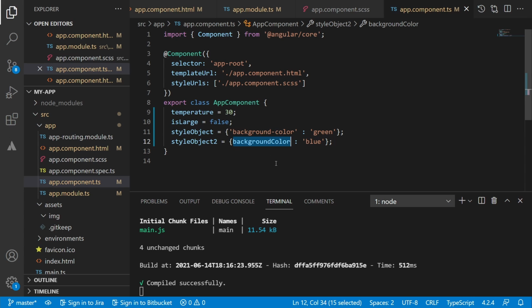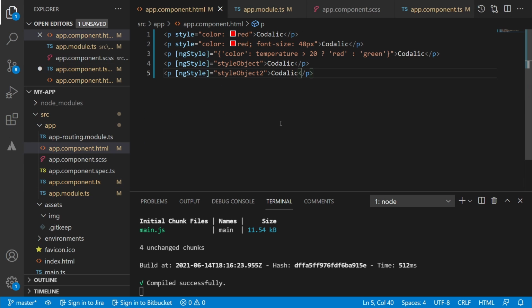Angular allows you to use this kind of syntax because this is a proper variable naming convention in JavaScript, and Angular is smart enough to convert this variable to a valid and proper CSS property. So any CSS property which has a hyphen, let's say font-size, can be translated to camel case like fontSize. I hope the concept of ngStyle is now clear to you,